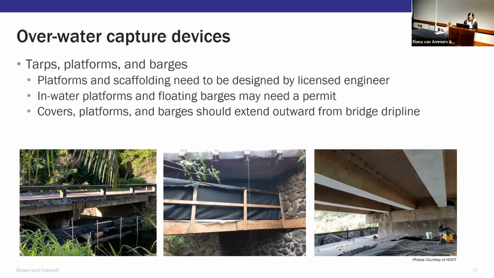For the platform, it should extend beyond the drip line of the bridge so that it can capture any of the rainwater or stormwater from above. Concrete or other debris that is falling can actually bounce off of your tarp or platform and into the water. And so you want to make sure that you account for that when you're designing the width of the platform. And also, as shown in the second picture, maybe adding sides to prevent the bouncing from happening into the